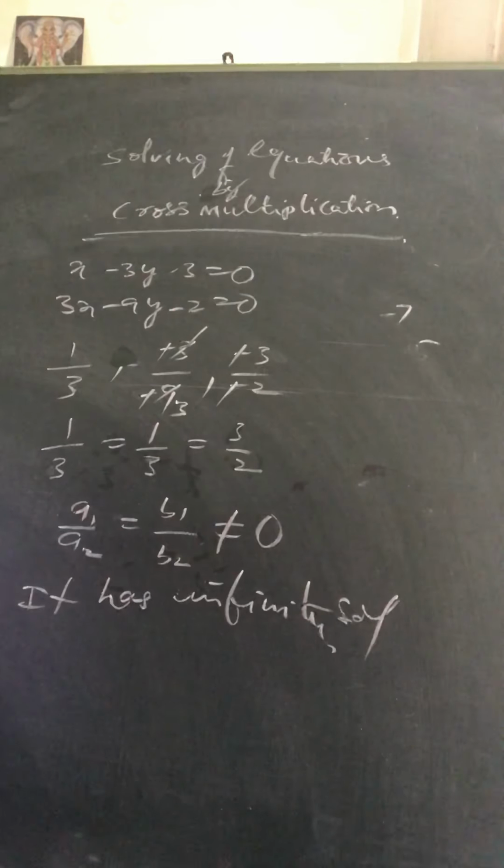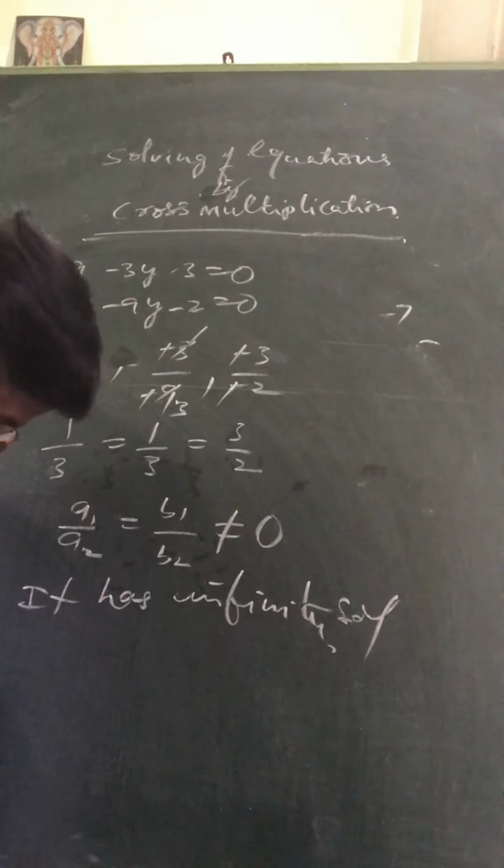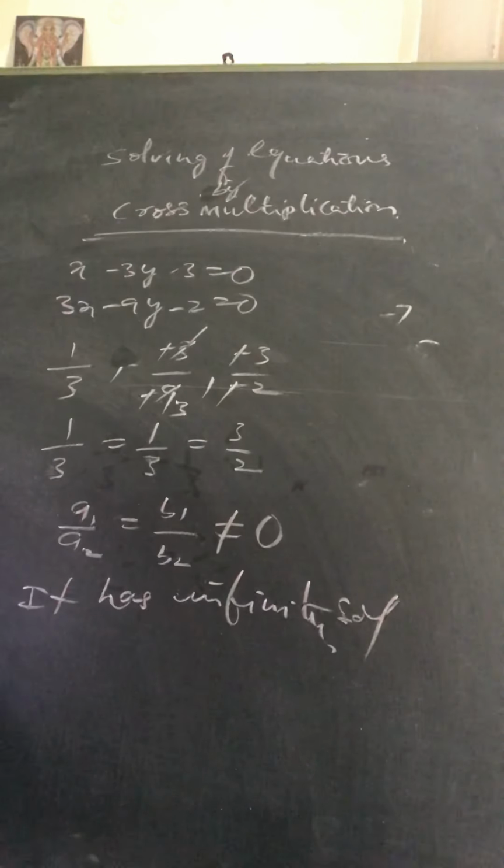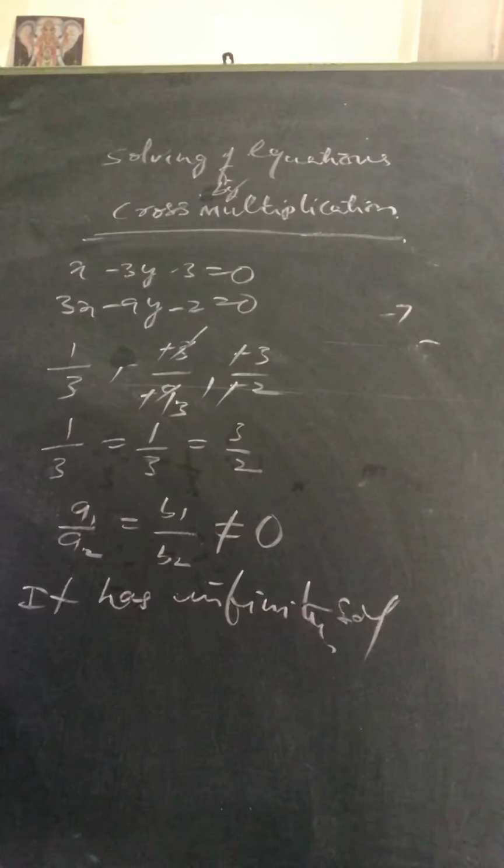And for this, I am giving you one or two examples as homework. You can take the equations from exercise 3.4, the first four equations, 1, 2, 3, 4. Very small homework I am giving you as a first day. These 4 equations you have to solve by the cross multiplication method. These compulsory you have to write in the homework books and submit on the reopening day.